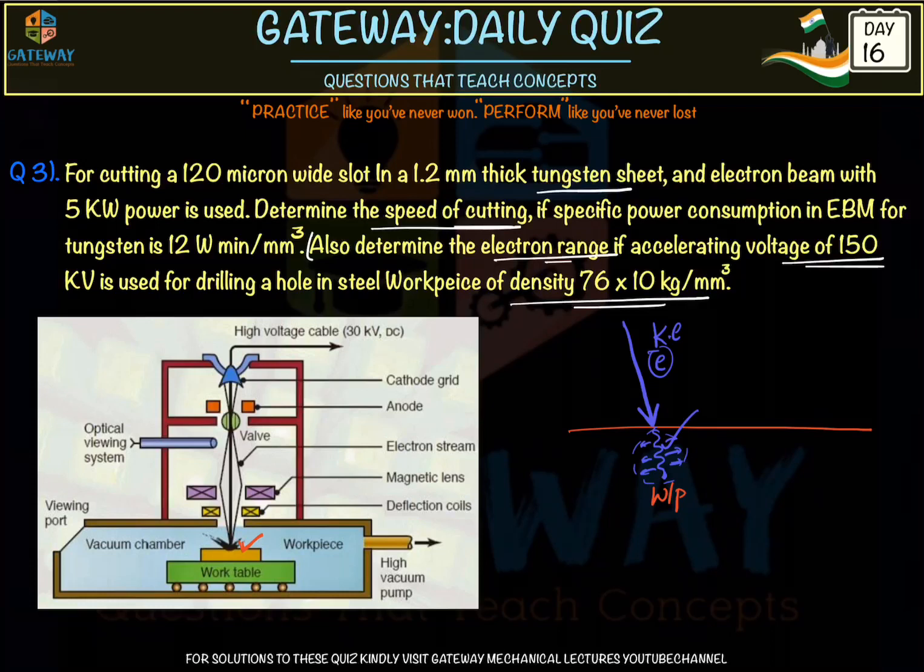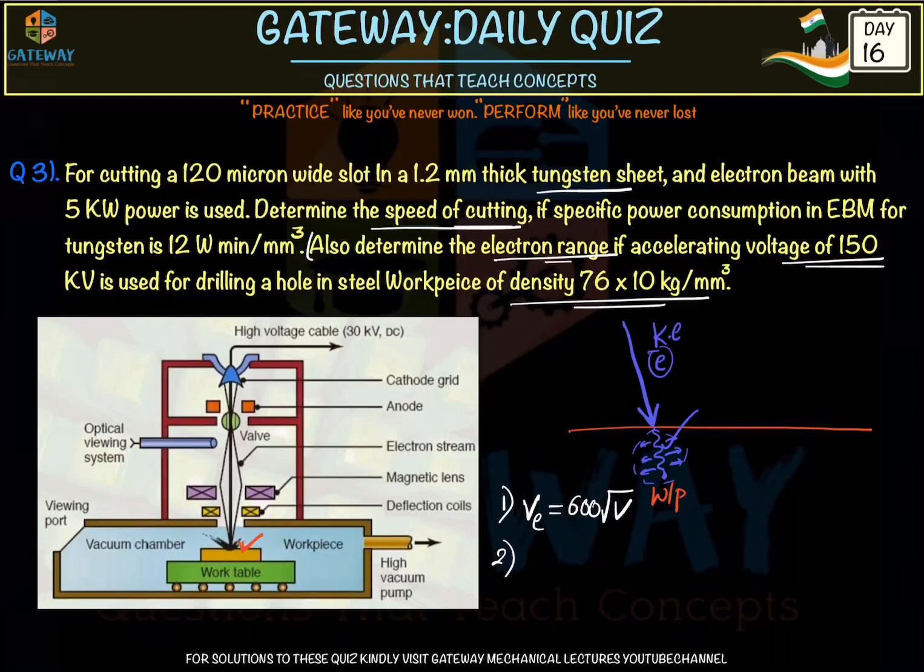We'll see the empirical relations we'll generally be using here. One of the empirical relations is for the velocity of the electrons, given as 600 into under root of V. V is nothing but the accelerating voltage, which is given in the question. And the second thing is